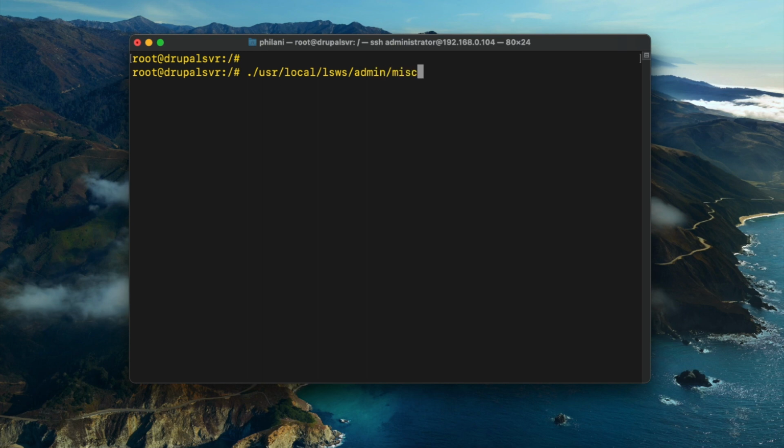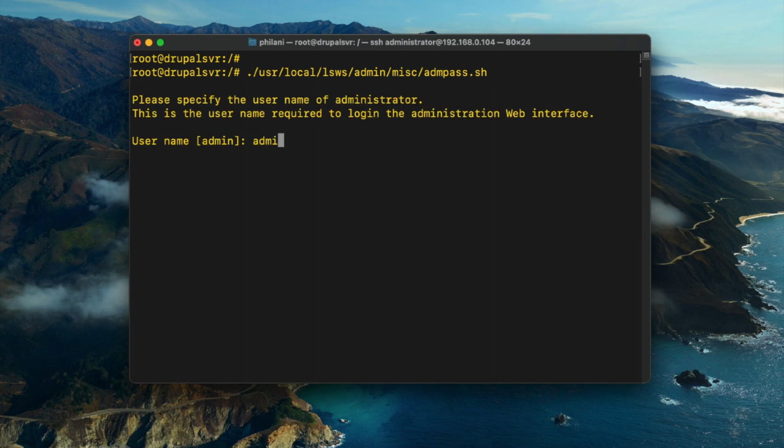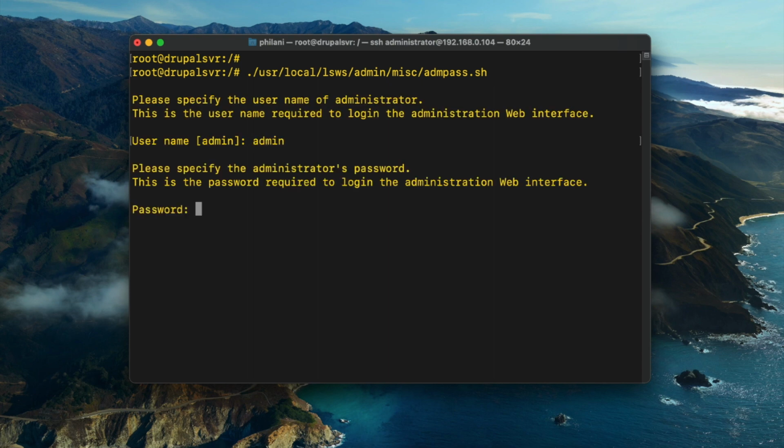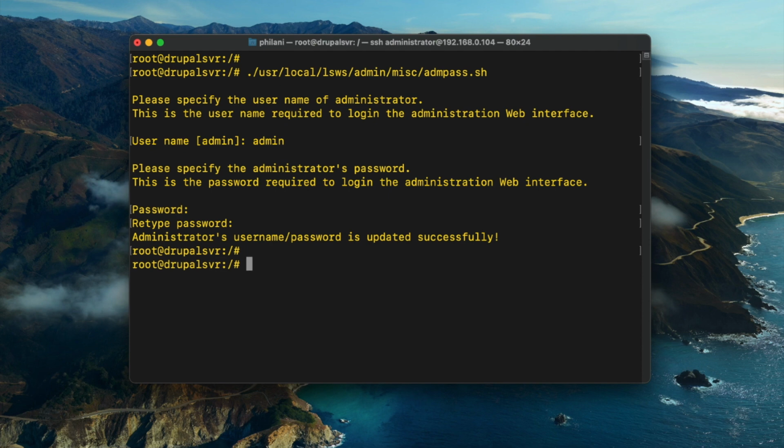So just type in /usr/local/lsws/admin/misc/admpass.sh. Type in your desired administrator username, type in your desired administrator password, and then retype that password on the prompt and then press enter. So I'm just going to start the LSWS service by issuing the command systemctl start